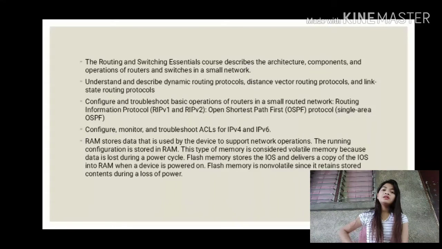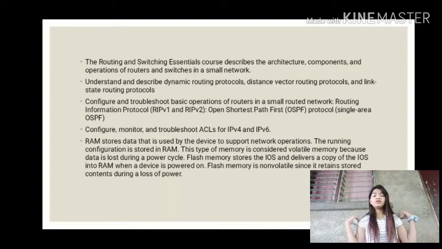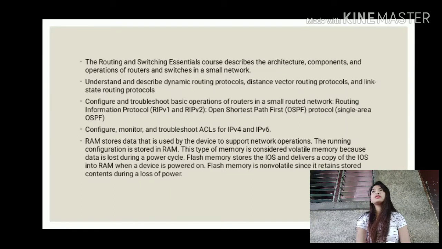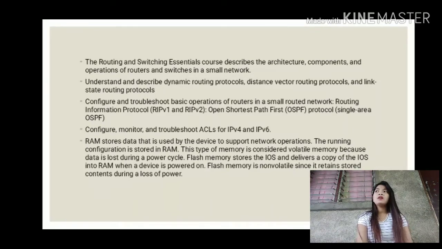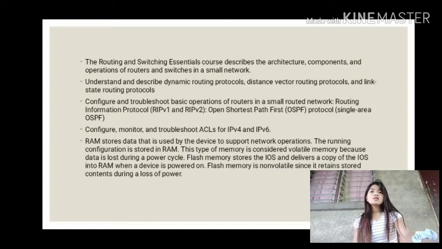RAM stores data that is used by the device to support network operations. The running configuration is stored in RAM, and the startup configuration is stored in NVRAM. RAM is considered volatile memory because when there's a power loss, the memory will be deleted. Flash memory is non-volatile since it retains its contents during loss of power. So,